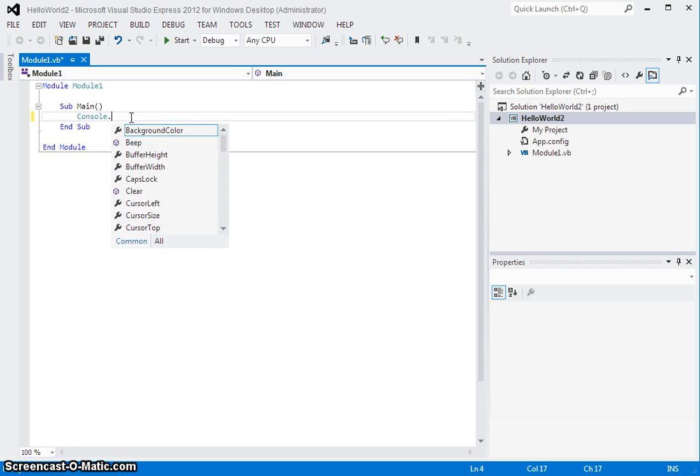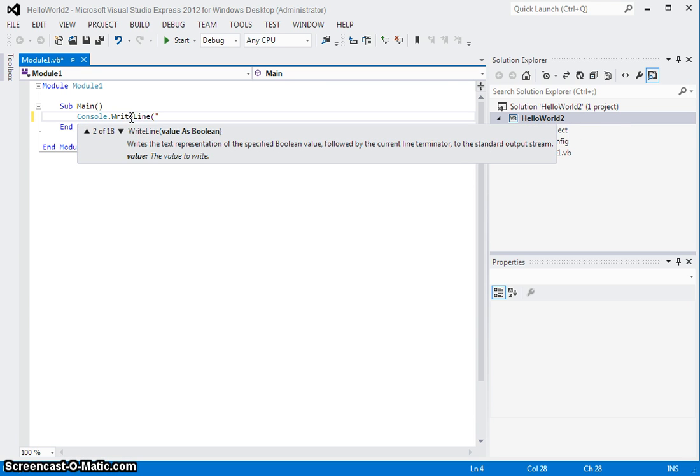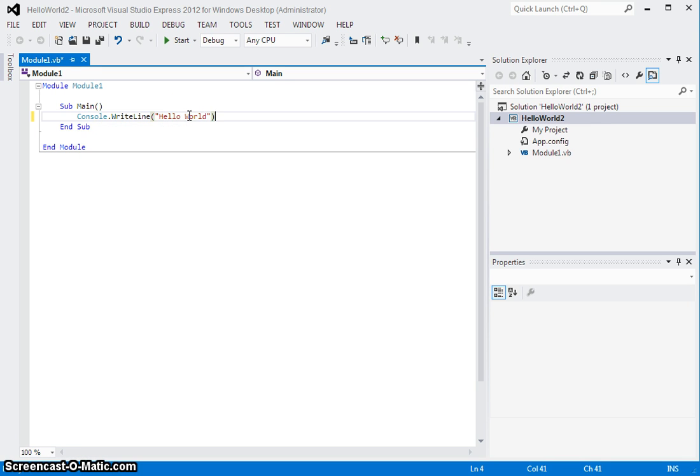So console dot, now we want to write something to it, so here we go, we want to write line, and we get options here of what we can do. You'll see there are 18 different options. Again, it's worth pausing. These arrows let us scroll through to see what options there are. We're going to use a string in this case, which is a piece of text delimited by the quote marks. It doesn't actually matter what it says down here at the time when we're typing, because what we're actually putting in is the string. So that is a very basic Hello World